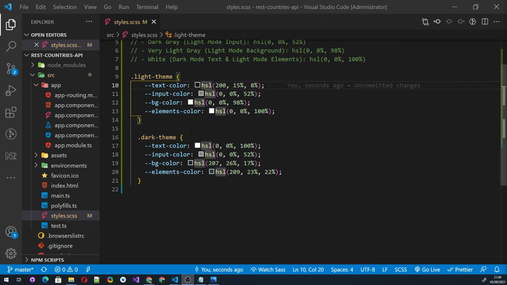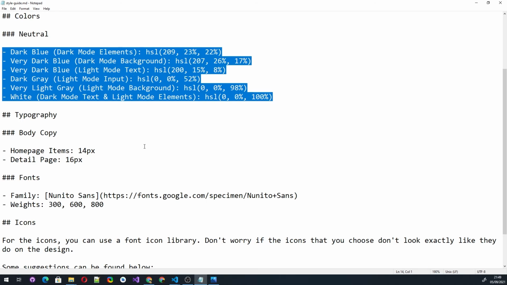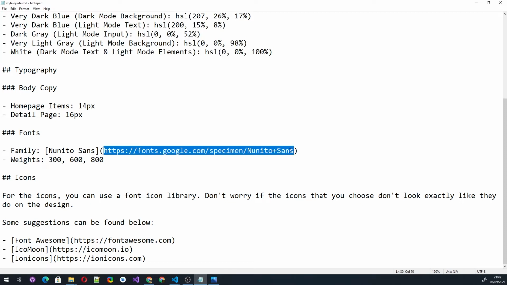Right, so we have the two classes here. We're going to go back to the style guide and look at the other things that we need to have. So the next one is the font size. The font size is 14 pixels, and I think we can of course do the font family as well. So we're going to do font size and font family. We're just going to copy this, and